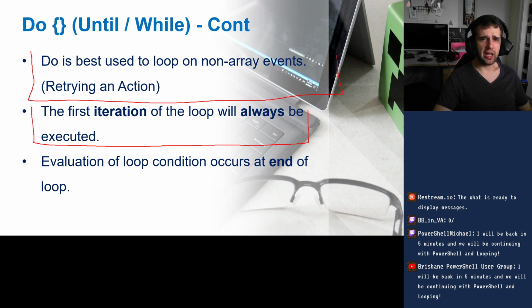So essentially here, the first iteration of the loop will always be executed. What that basically means is if we have a do, the condition is down the bottom, which means the code in here will always be executed first. So if we jump into a demo,